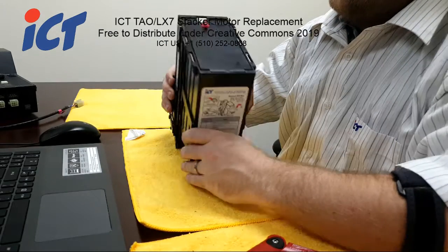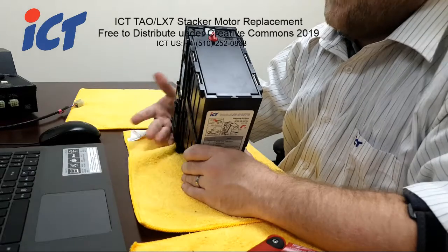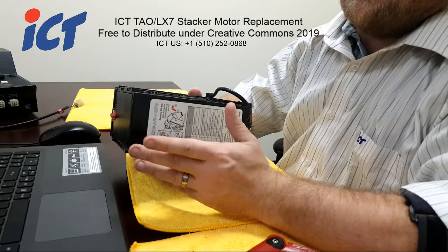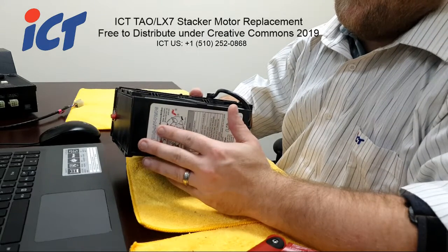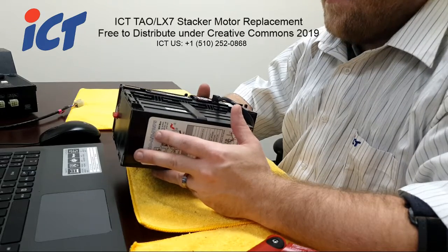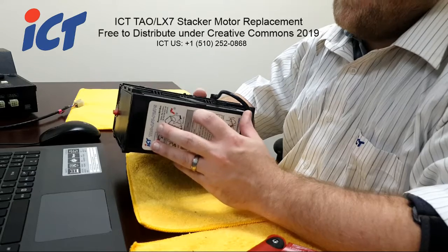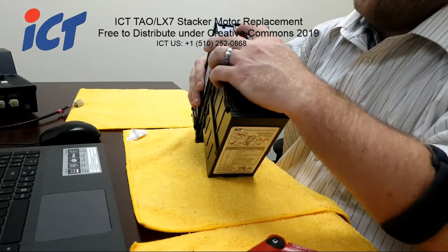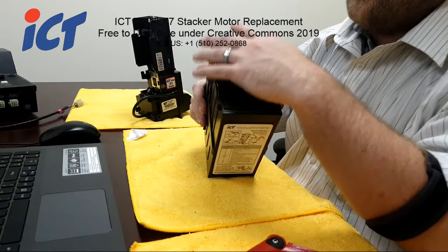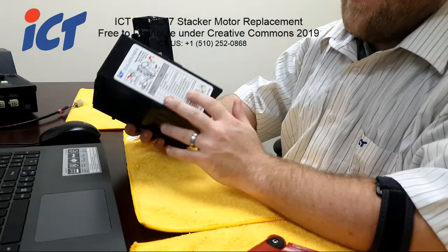Usually you're going to be changing your TAO stacker motor when it's not working. It's not going to be pushing the bills into the cash box, or you're running the test tool and it reports back with a stacker error. That could be a motor issue. Another time when you see a stacker issue in the test tool, or you are getting a 5 flash error